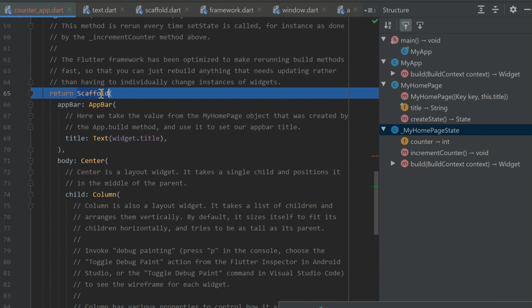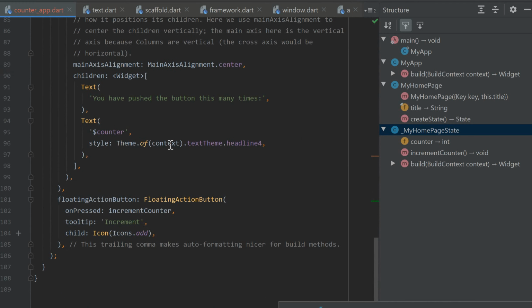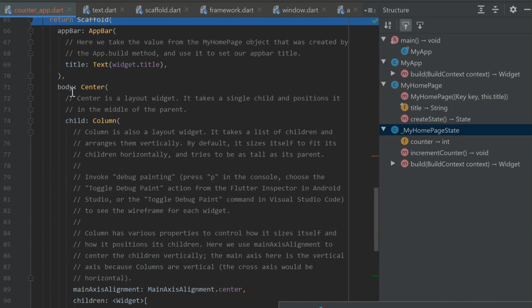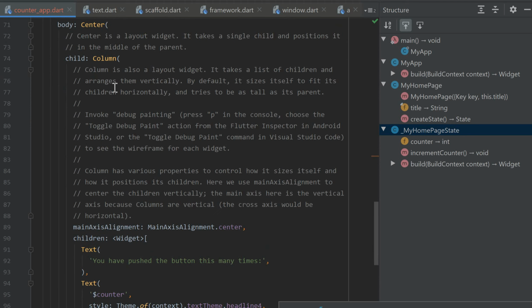So the Scaffold widget supplies an app bar. It's optional, of course. You can optionally supply the body. In this case, the Scaffold also wants you to supply, if you wish, a floating action button. So the body parameter has been passed the center widget. Center is a layout widget. It takes a single child and positions it in the middle of the parent. So it's taken a child